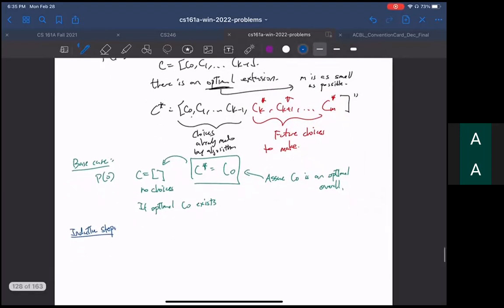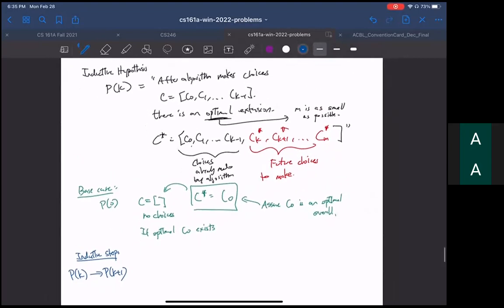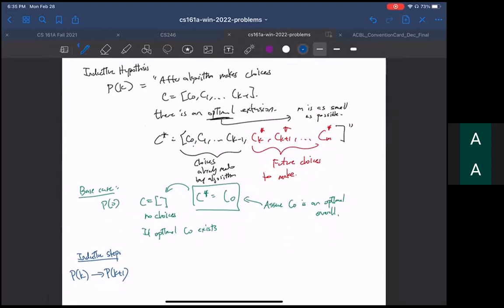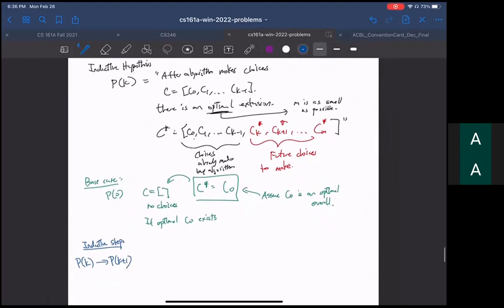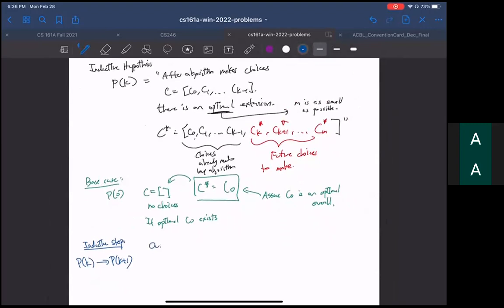So remember, inductive step, you always should assume P sub k, and you want to prove P sub k plus 1. So what does that mean? Well, P sub k means that after your algorithm makes k minus 1 choices, there is an optimal extension. Okay, so suppose our algorithm